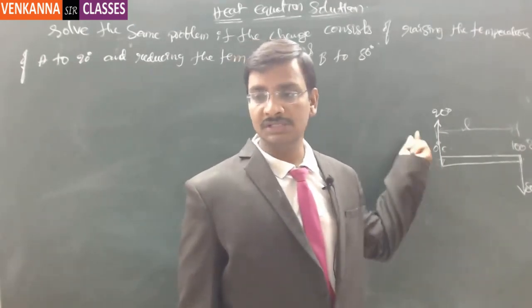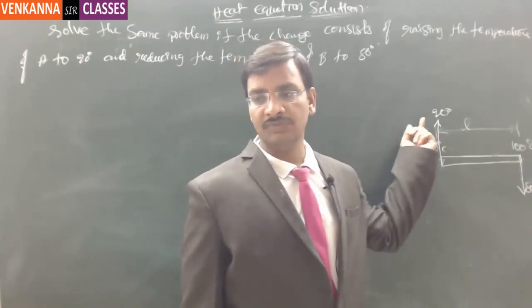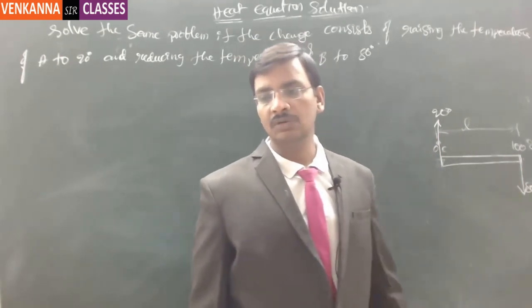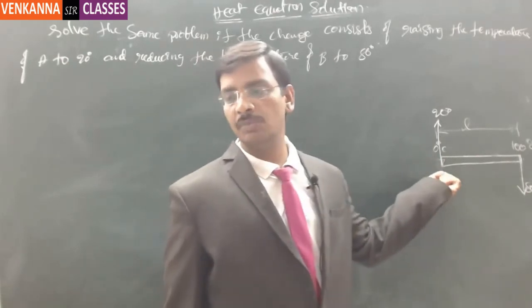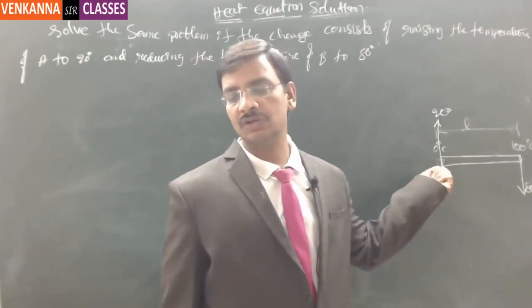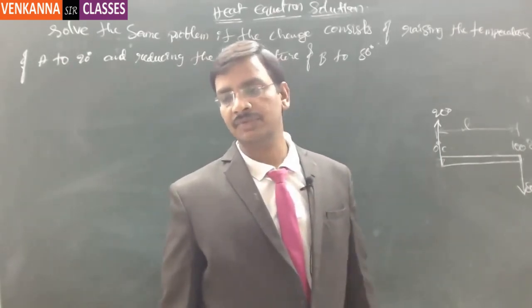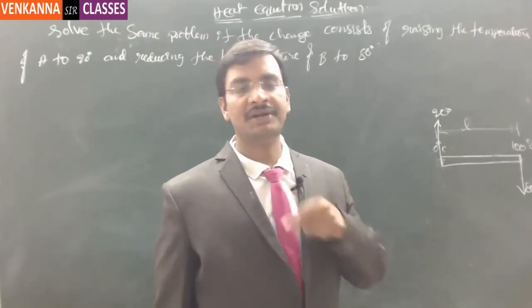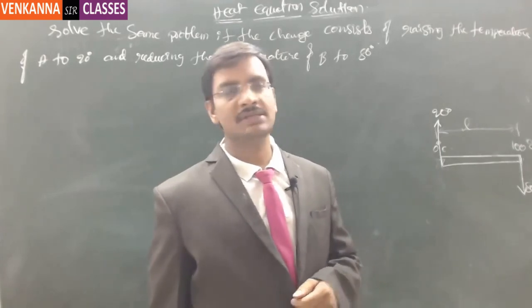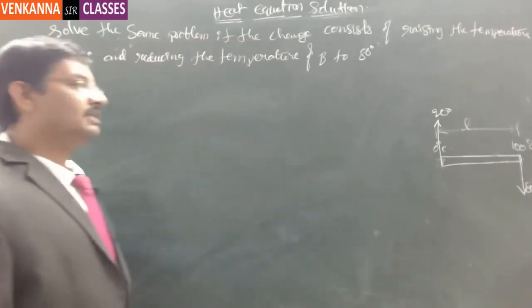But now this is not 0, this is going to be 20 and this is going to be 80. Without having the 0 boundary conditions, it is very tough to solve the unknown variables there, right? That's where the complexity lies. Because of that reason, what we are going to do is the total solution,